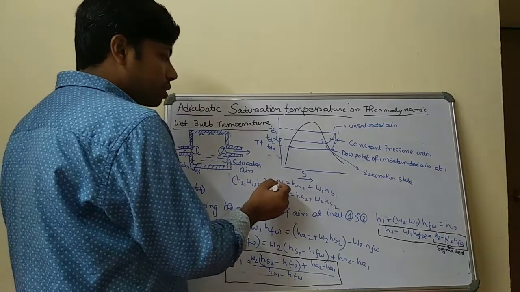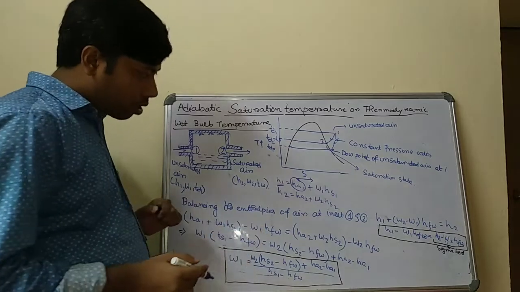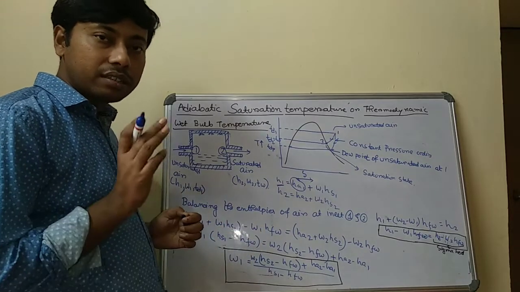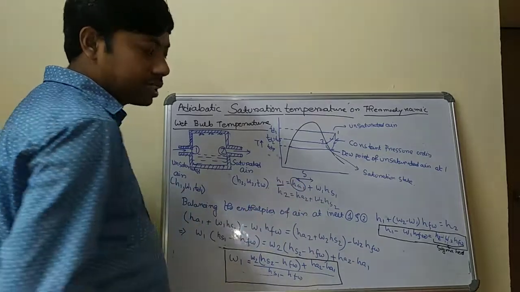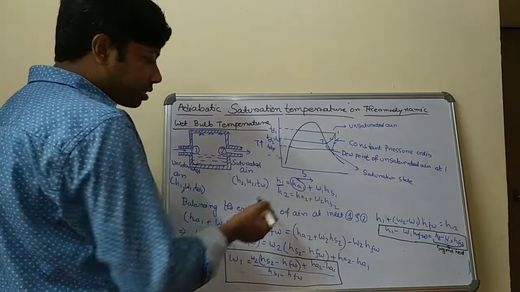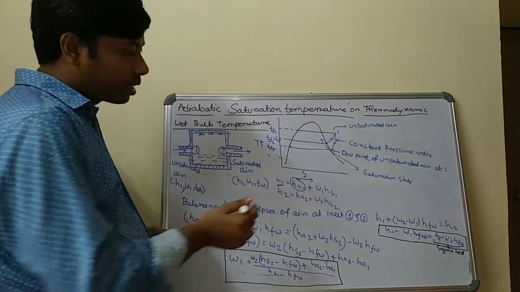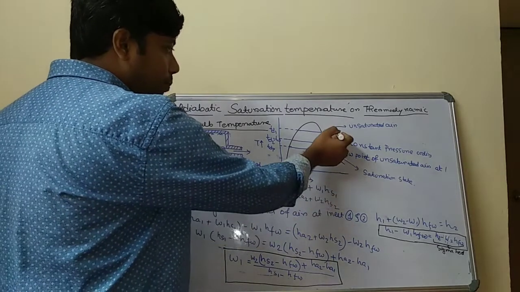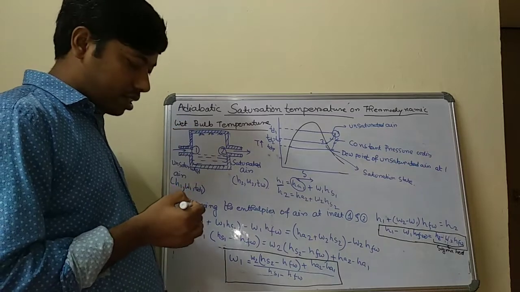H1 is basically the enthalpy of dry air at dry bulb temperature TD1, that indicates HA1, plus W1, the specific humidity at section 1, and HS1, at this condition corresponding to TD1,